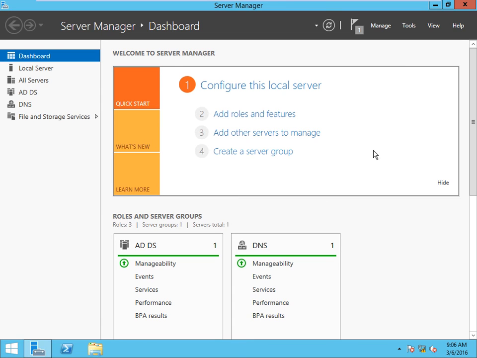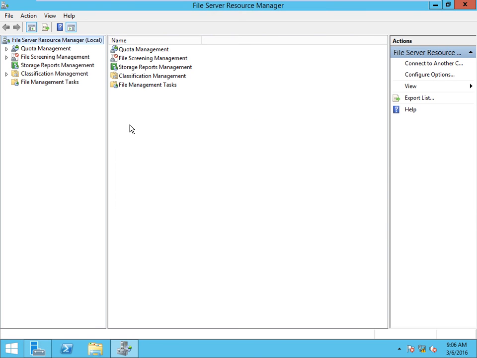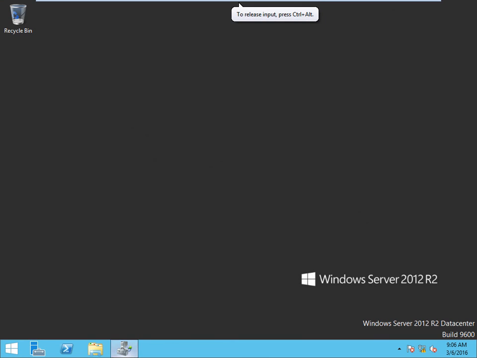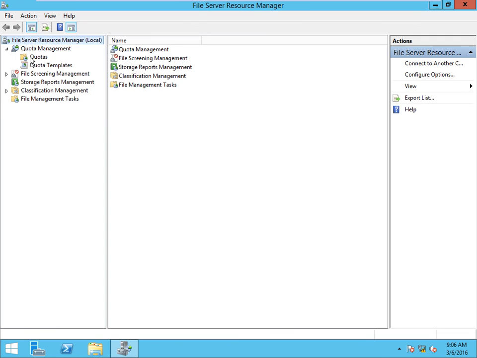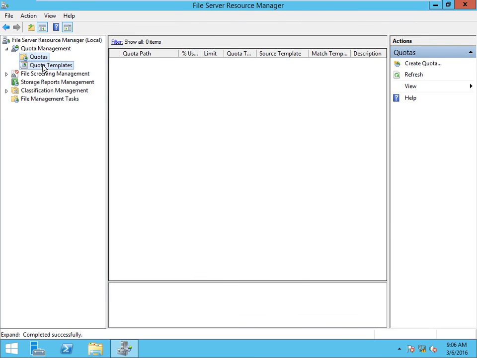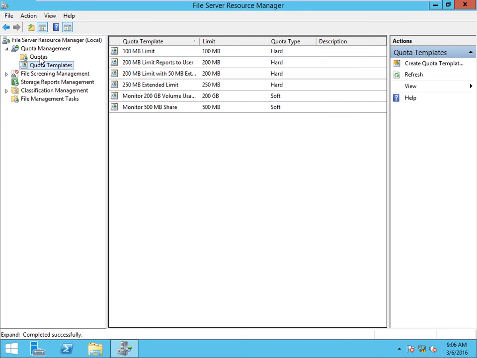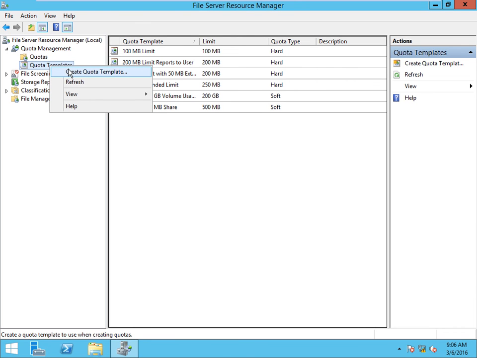FSRM. See guys, here we have quotas and quota templates. So do one thing, right click and create quota template.